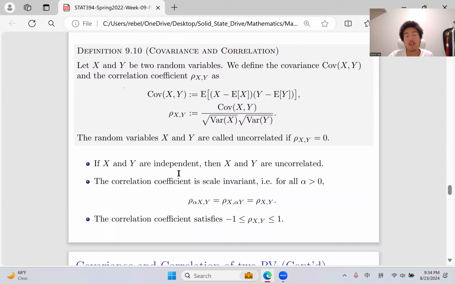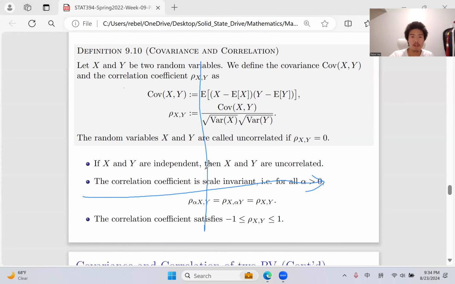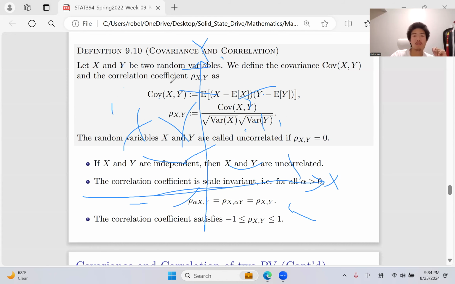If X and Y are independent, then X and Y are uncorrelated. This is for sure, which means that anytime we know that X and Y are independent, we can conclude they are uncorrelated. We can use a graph to show it. This is X and this is Y. What independence means is that the points occur randomly in the plane. There's no dependency you can see of X on Y, and they are not correlated either, because it's just random.